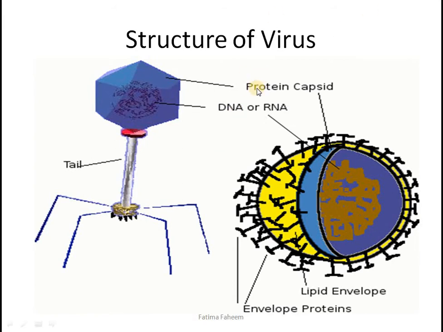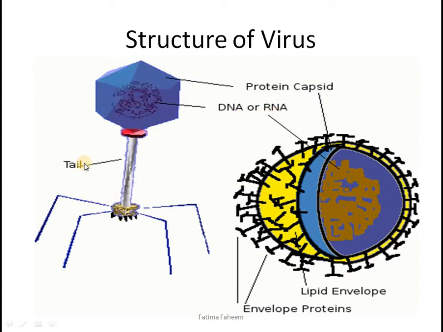This is the structure of a virus. If you see here, I've shown you two shapes of the virus, but whatever the shape is, the structure of a virus is quite simple. All of them would have a protein coat, a protein capsid, and they will have nucleic acid. Nucleic acid comprises DNA or RNA. Remember that the virus would either contain DNA or RNA, never both together.